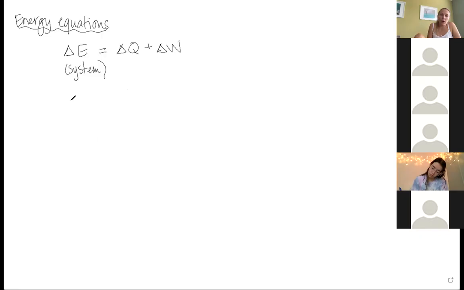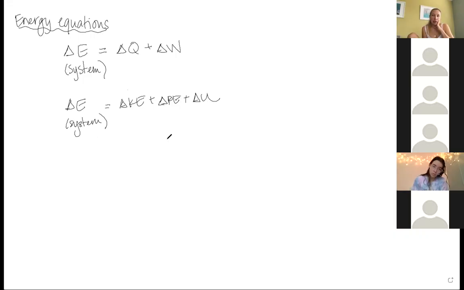We also know that we can have an energy change of a closed system, where we have our change in kinetic energy plus our change in potential energy plus our change in internal energy, KE, PE, and U. These are all uppercase. So in some situations, we can set these equations equal to one another and use it to solve for unknown variables. So one example of that is